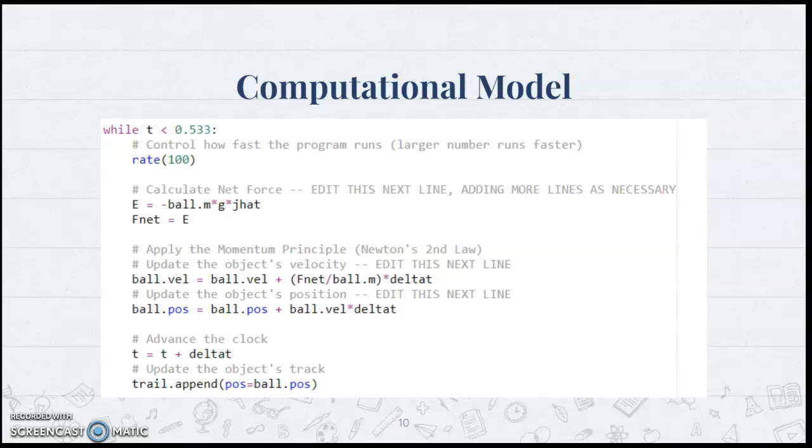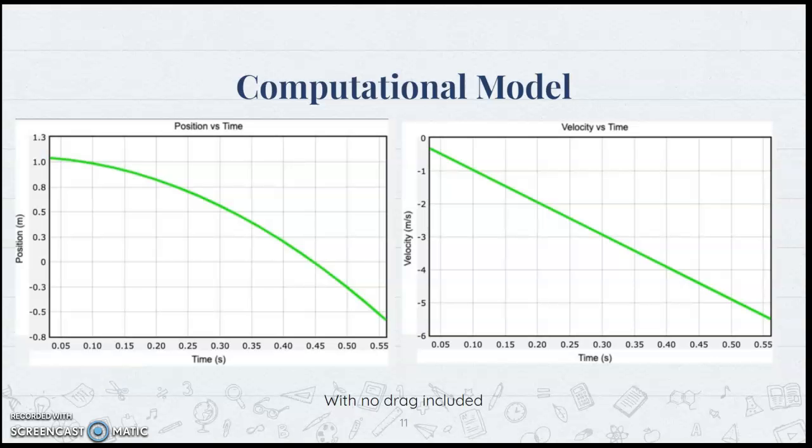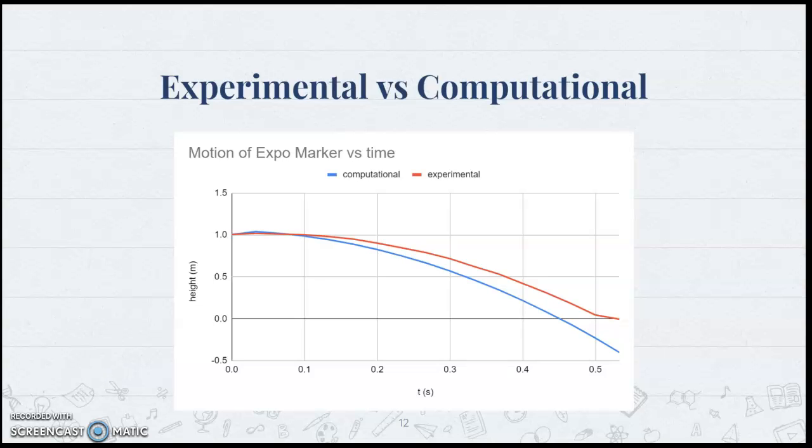We then use the velocity and position update formulas to analyze the glue stick's velocity and position over time. When this code is run, we can see that the glue stick's position gradually decreases over time and our velocity remains constant because only the gravitational force is considered in this model. When we compare the no-drag computational model and the experimental model, we can see that in the experimental model, our glue stick's velocity eventually decreases, whereas in our computational model, our velocity